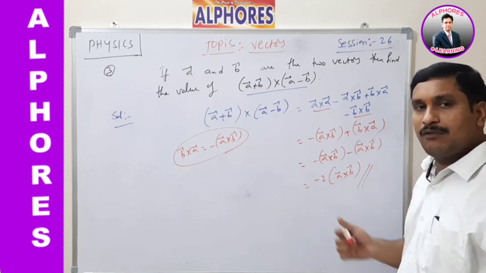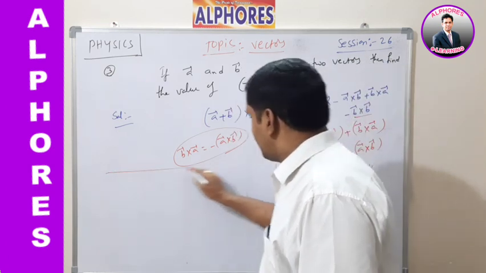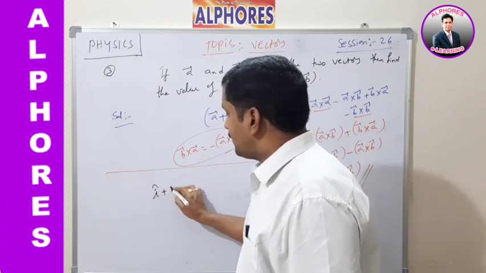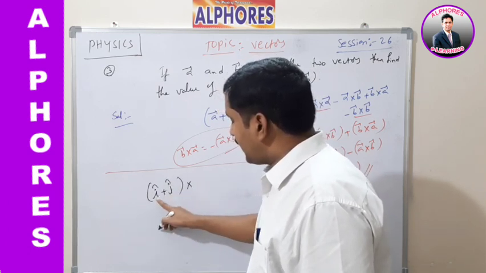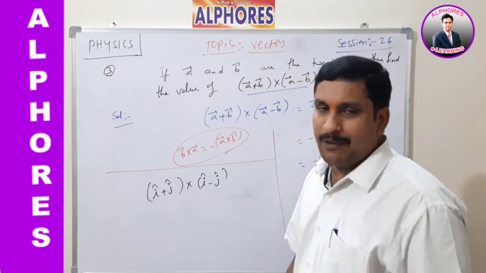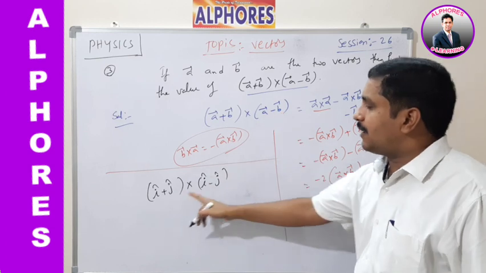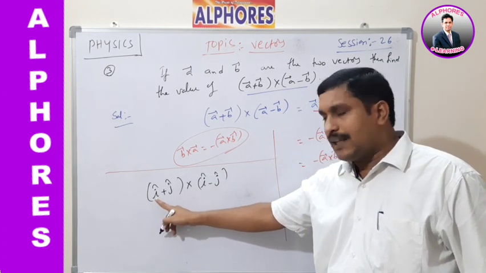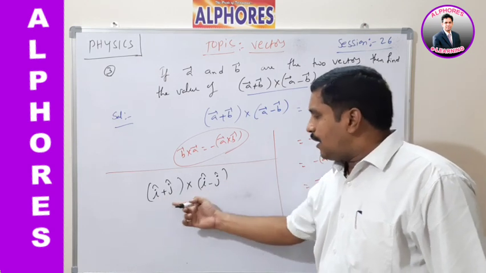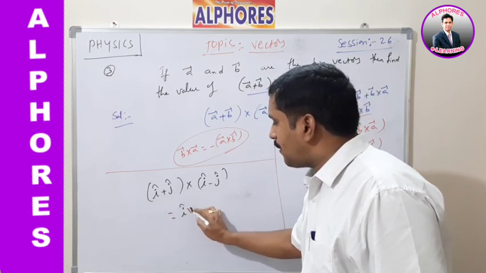In the similar way, I am giving one more problem to you. It is a very simple method. In the same manner, please tell me the cross product of this value. Let us take i cap plus j cap; we have to find the cross product of (i cap plus j cap) cross (i cap minus j cap). In the same method, A bar plus B bar cross A bar minus B bar. Here I am taking two unit vectors. Multiply the first term with these two terms: i cap cross i cap.